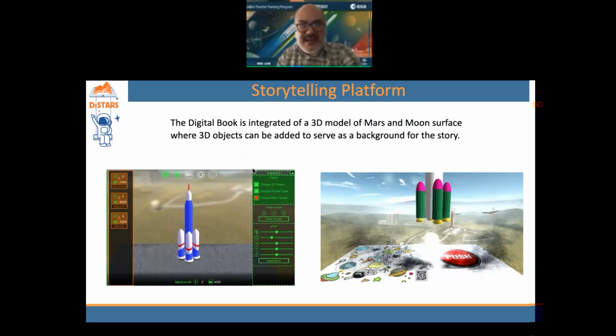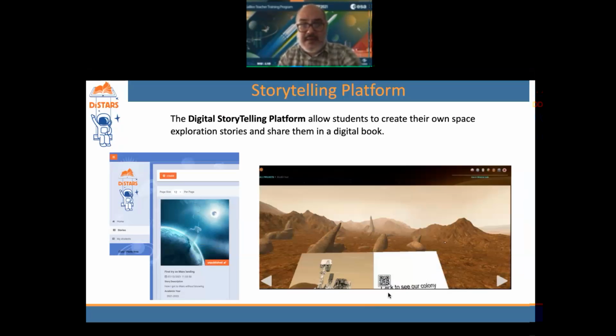So this is a screenshot of the 3D platform. You can add those 3D models that I just showed. You can build on Tinkercad, or you can import from other databases and put them in your scenario. It can be on the Moon, it can be on Mars. You can choose the location on the planets where you want to build your base. And this is the book. Here you have the book with the background of your base, and you can add the elements here. Like this is a photo of the rover that you can put there. You can add text, you can add a QR code, anything.